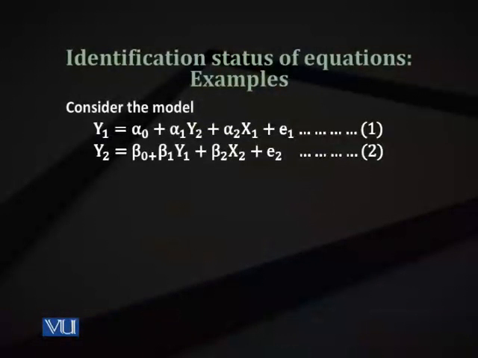So consider a model that you have seen earlier. You have looked into what is exogenous and what is endogenous in that model. We'll see how to solve it in order to decide whether the equation is exactly identified, under-identified or over-identified. You have two equations, y1 and y2. y1 and y2 are endogenous, x1 and x2 are exogenous variables. As we have two equations, now we want to get the reduced form equations. As I told you, reduced form equations are the equations where you don't have the endogenous variable on the right hand side. See how we do that.